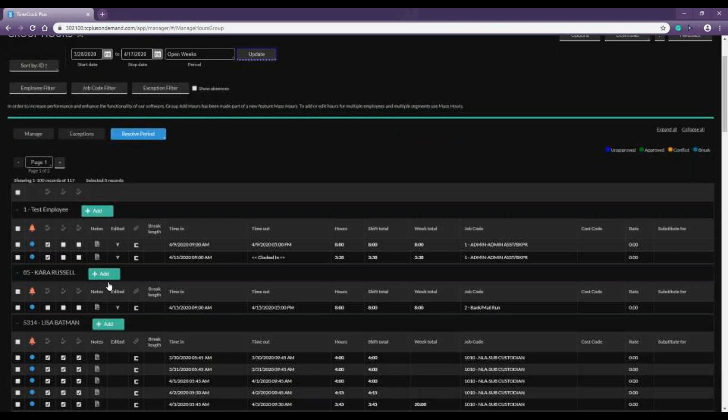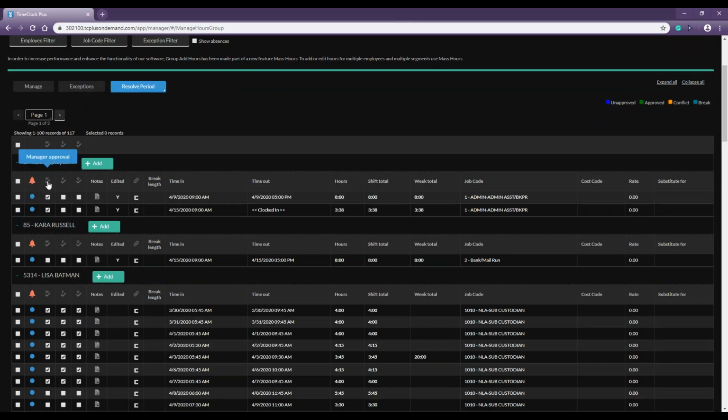And again, the manager approval can be done from here as well. So if we click this, it'll approve the segments for just this employee. We can individually click the checkboxes as well. We can select this top M here at the very top of your first employee to select all manager approvals